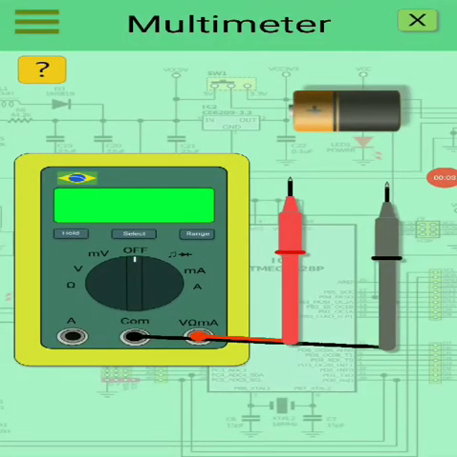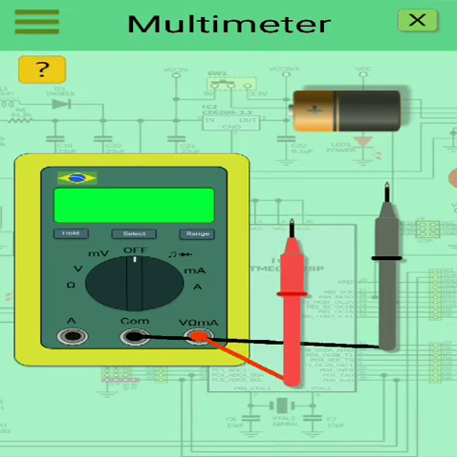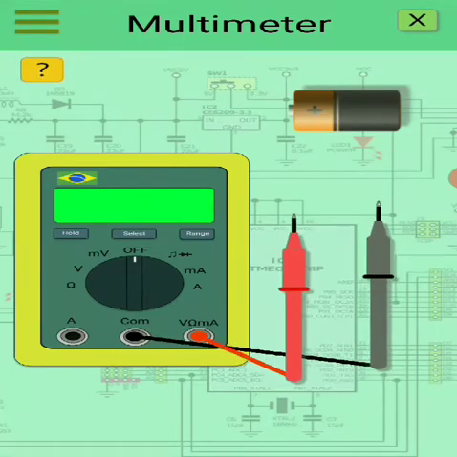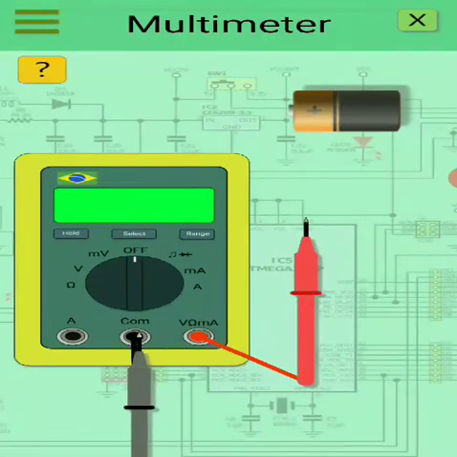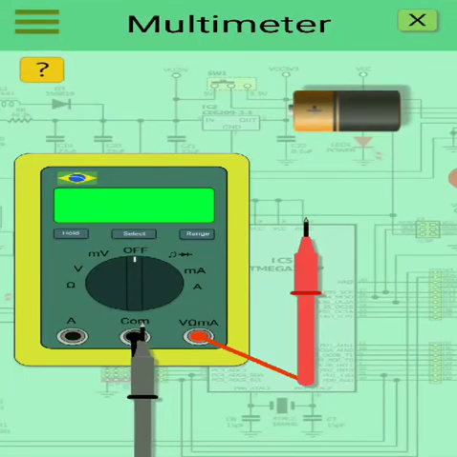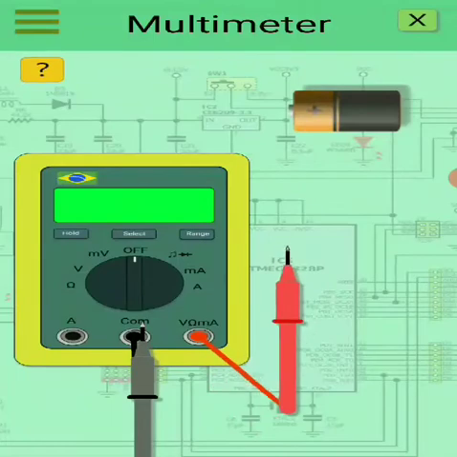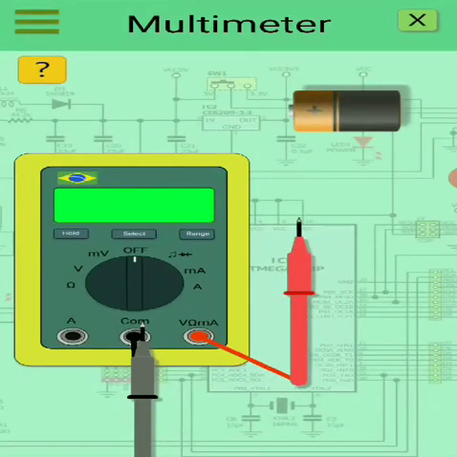The multimeter we mostly use is a digital multimeter. The digital multimeter performs all functions from AC to DC, other than analog. It has two probes, positive and negative, indicated with red and black color. The black probe is connected to the COM jack, and the red probe is connected according to the user's requirement to measure ohms, volts or amperes.